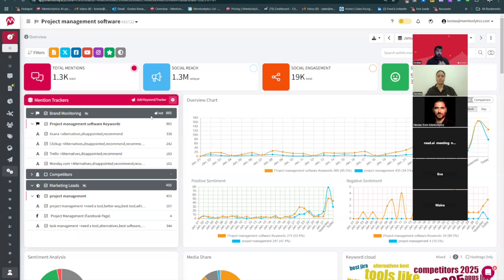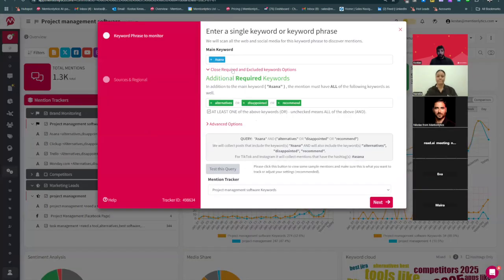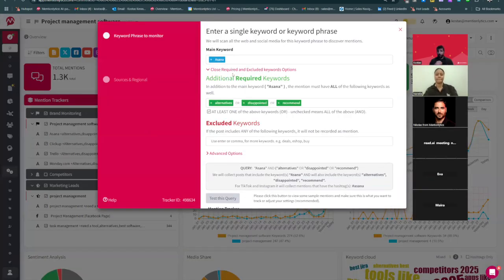So if I'm going to try to get some feedback on my competitor, something like Asana, for example, I'm going to need a query that really will be able to identify what people are saying about this brand.